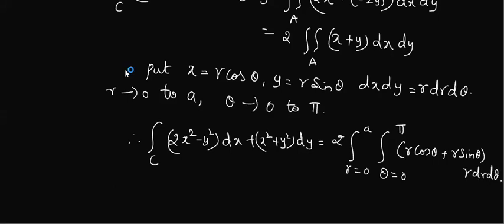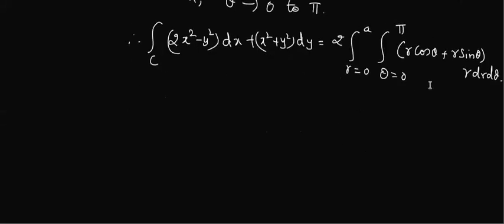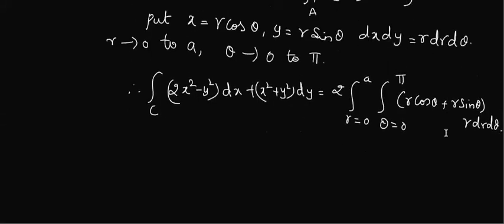Okay, one more thing, what you can do is you can separate the terms. Can you separate the terms containing r and theta in the integrand function? Is it possible? Yes, ma'am, it is possible. Why can we do it? Because these are constant limits. If you can separate your r and theta functions, and if you have constant limits, you can separate and write it as a product of two integrals. Okay, you might have used this concept.